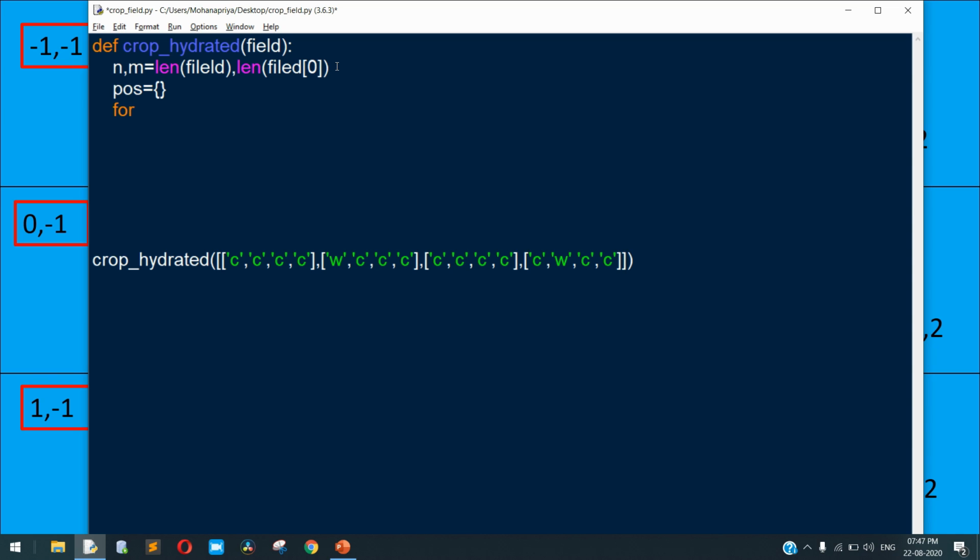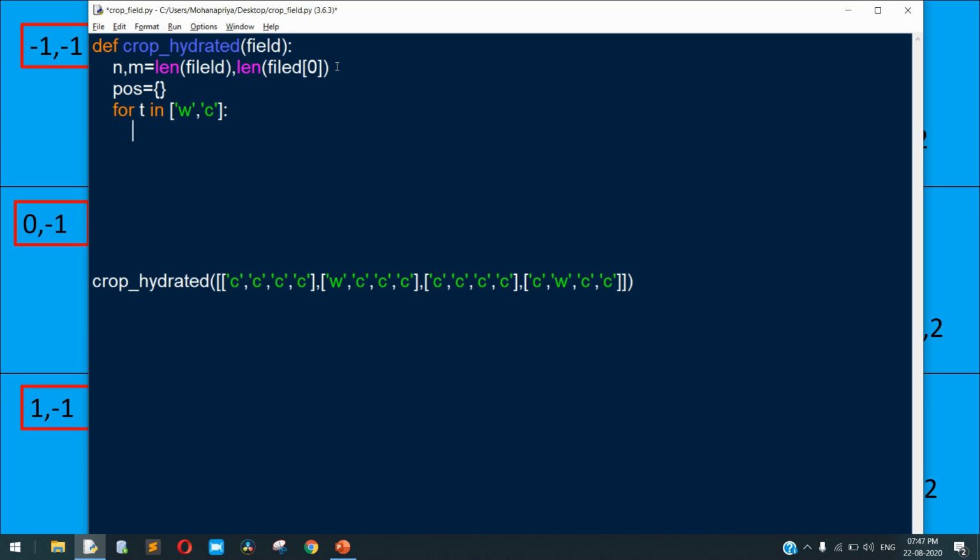So the keys of the dictionary is for t, temporary variable t, in the list w and c. So these two are the keys. So if the w or c is present in the field, that is t. So first w is taken into the t, and for the w we assign the values